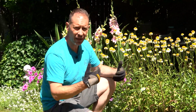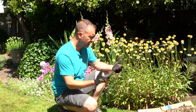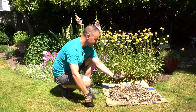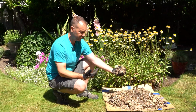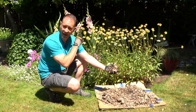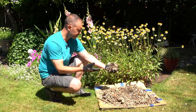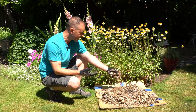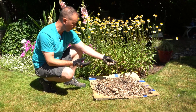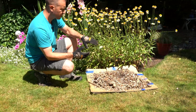It's just a lot better for the plants overall, and especially this mulch right here that we've got. This is arborist mulch. If you don't know, this is mulch that's actually chewed up from just local trees being cut down. And what we have here is that mulch that's broken down a little bit, but it's full of nutrients. It's full of all different kinds of soil building properties that are great for our soil around here,